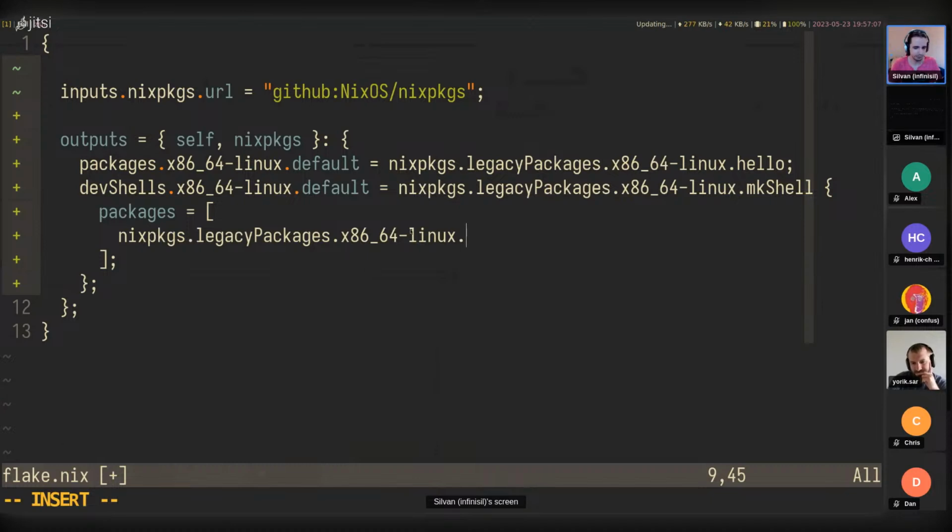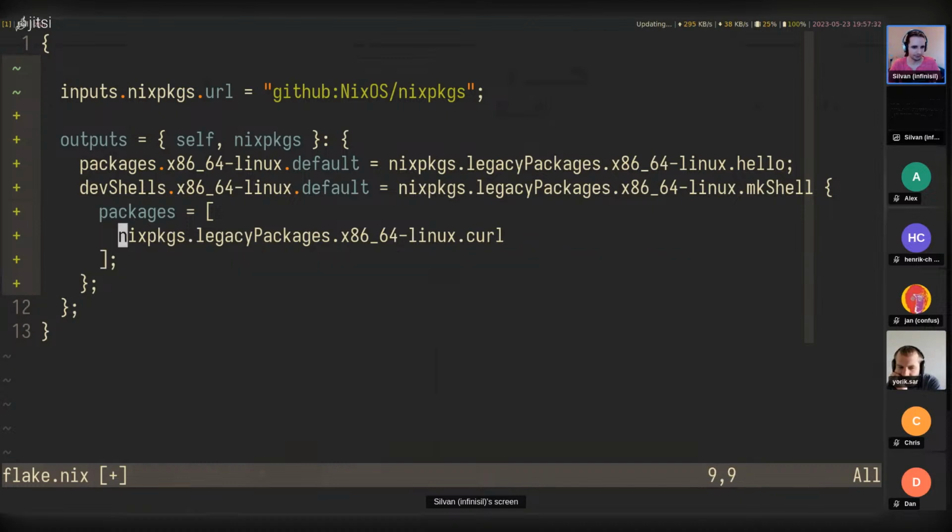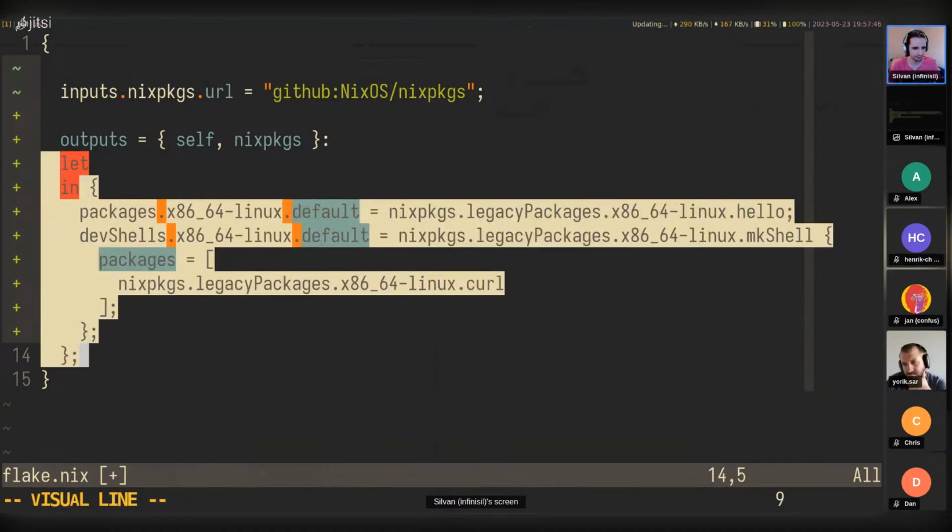Audio is a bit cut off, but legacyPackages is legacy because I believe the intention is, well, there's also packages, but legacyPackages contains this kind of recursive package structure where we also have things like Python packages, requests and things like that. And those don't quite fit into the Flake schema yet. And so the idea was to kind of deprecate this recursive structure eventually, but yeah, this hasn't quite happened yet. I'm not sure if that was the question.